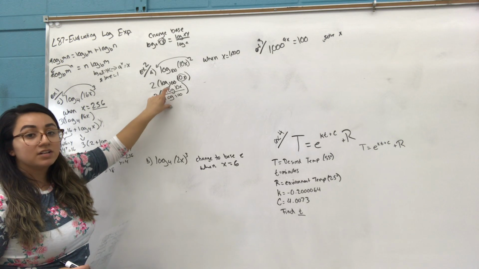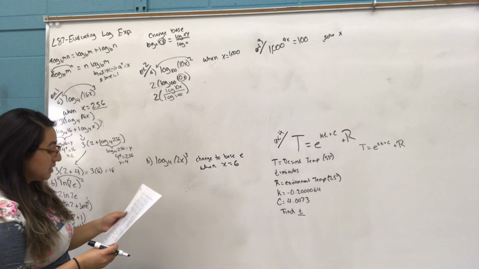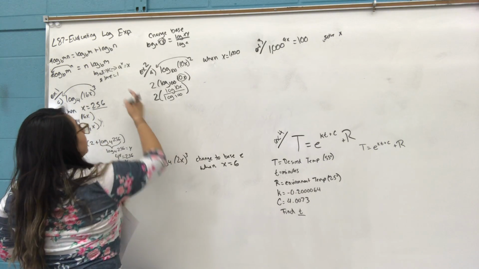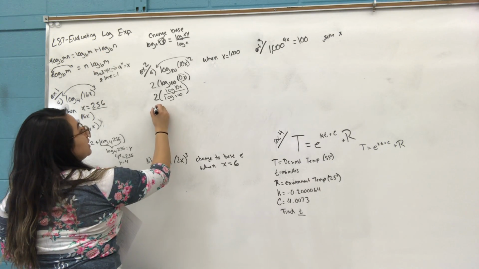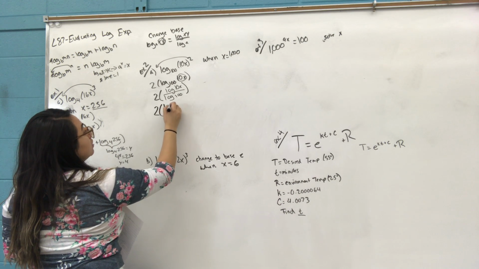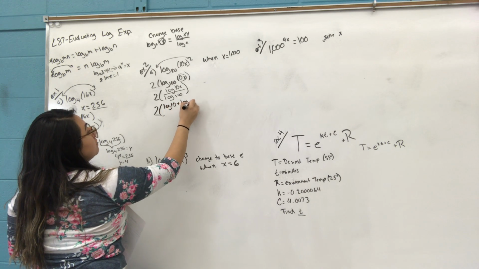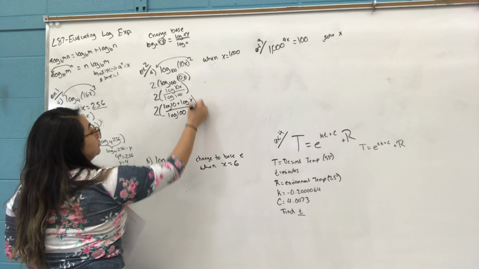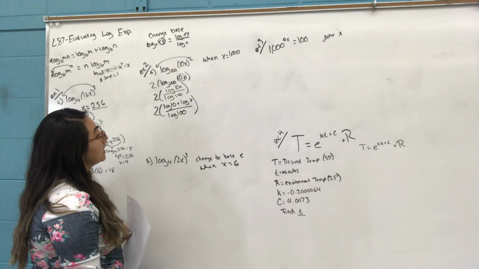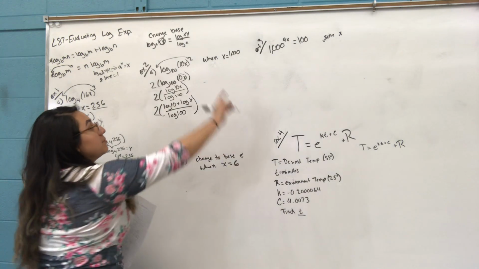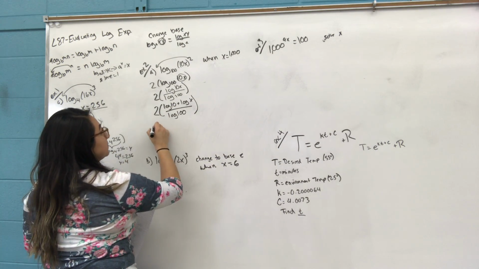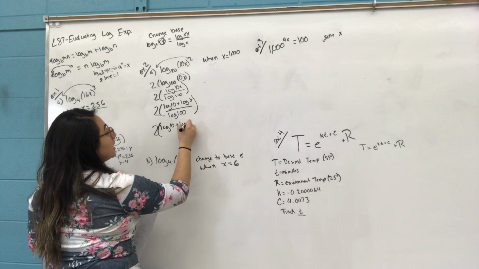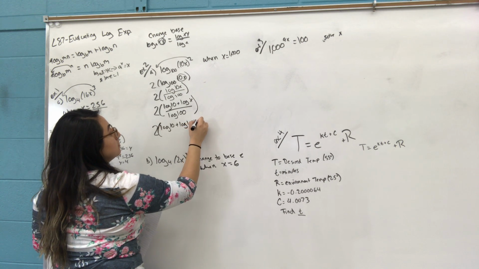Again, these are now considered common log. We can go ahead and simplify this even more because 10x means that they're multiplying. Meaning we go to that step up here, we go ahead and expand it. So we have 2 times log of 10 plus log of x over log of 100. Let's go ahead and put our x equals 1,000. So we have 2 times the log of 10 plus the log of x, which is now 1,000, divided by